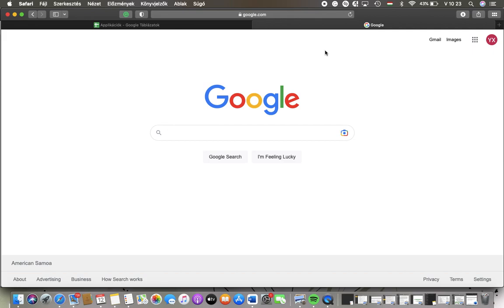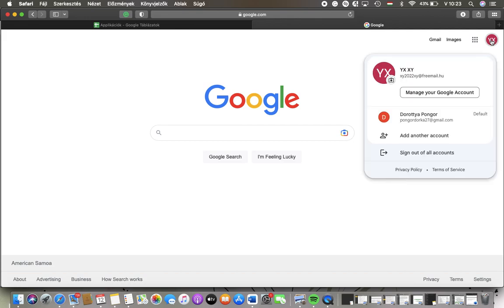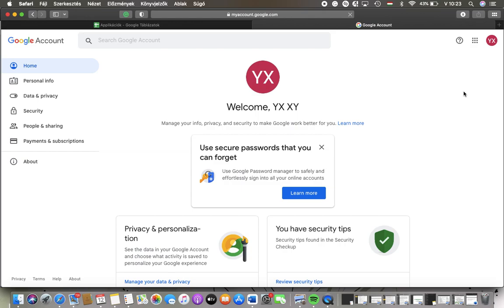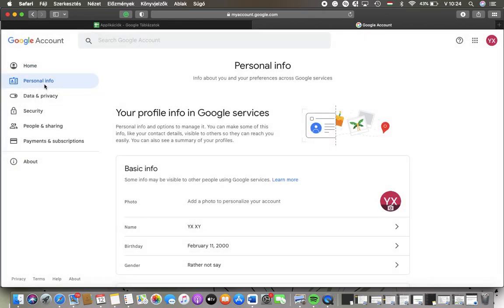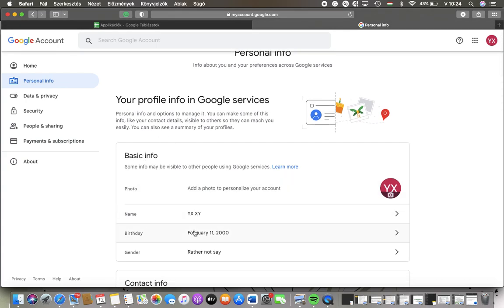Now let's jump into it. First of all, open the website on your device, and after that you should tap on this profile icon, and after that tap on manage your Google account. Tap on personal info in the left side column of the screen, and here you can find the basic info